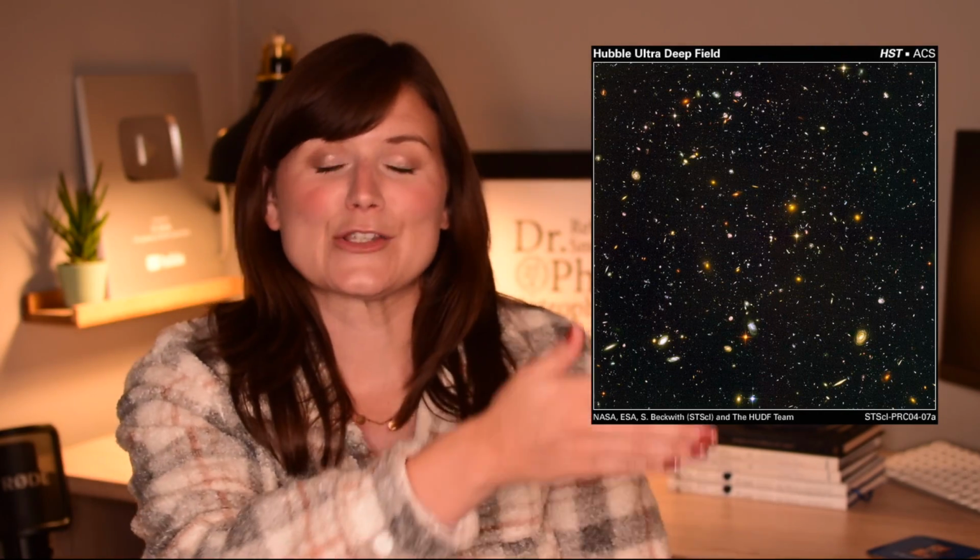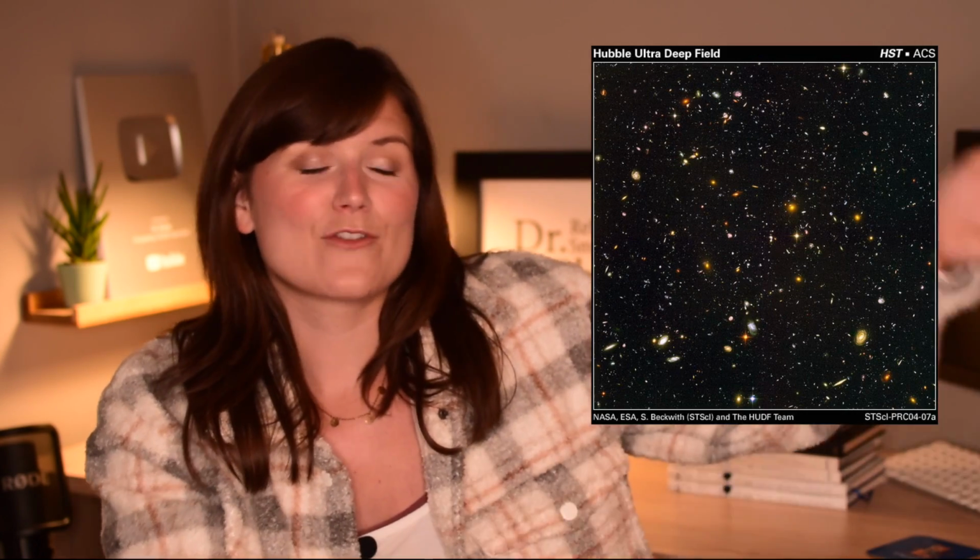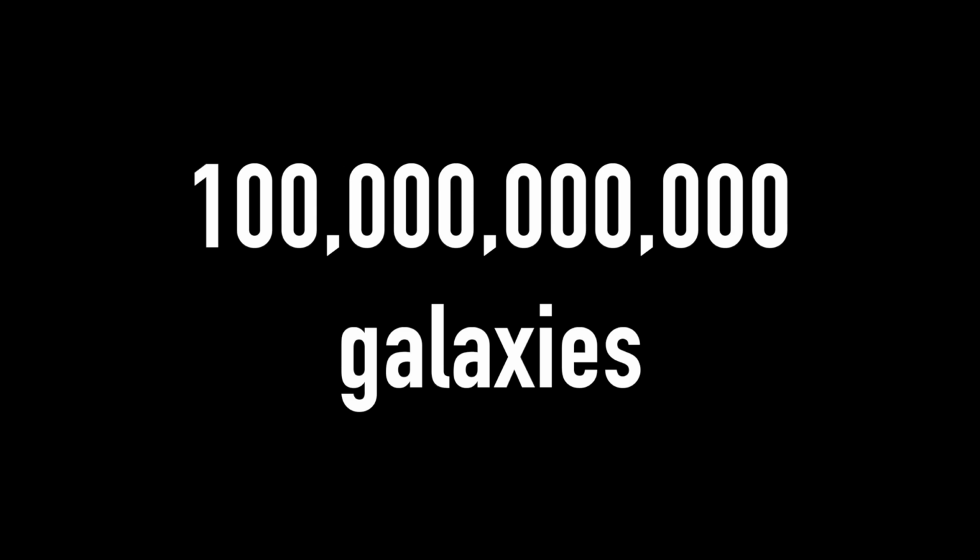This image is only 1/30th of a degree by 1/30th of a degree. The entire sky is a circle, right? It's 360 degrees round. So this is a tiny, tiny fraction. It is in fact only 1/24 millionth of a fraction of the total area of the sky. So if you take that 5,000 estimate of the number of galaxies in that tiny patch and extrapolate it across the entire sky, then the number you get is that there are at least 100 billion galaxies in the observable